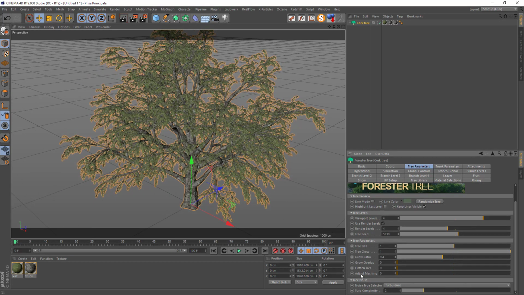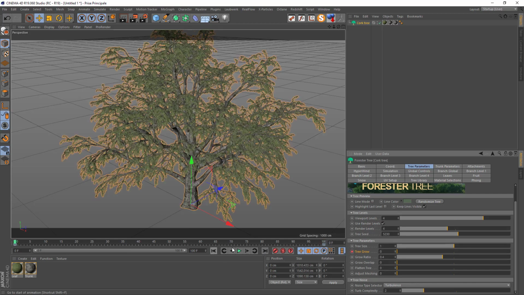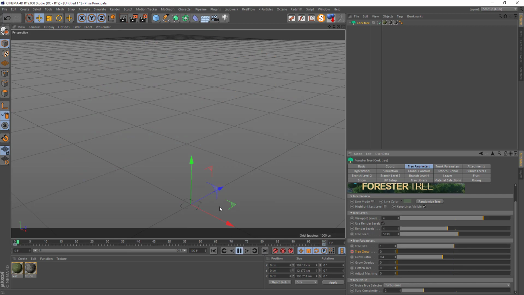And you just have to go down to tree parameter. You see there is grow ratio here. No, tree grow, it's 1, so it's fully grown. But if you play with this value, you go to first frame, you put 0, go to last frame, put it back to 1, add the keyframe again, and now if you go back to 0 and press play, you see the tree is growing. So it's much easier than what we do in the other version.